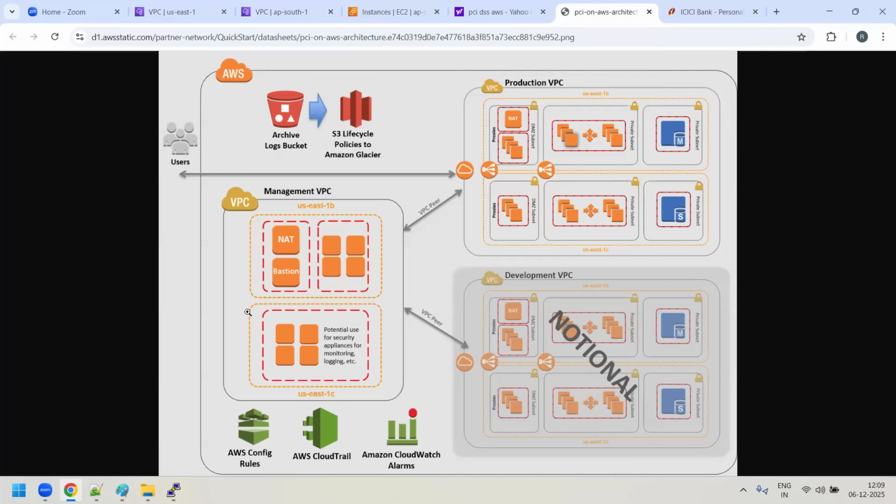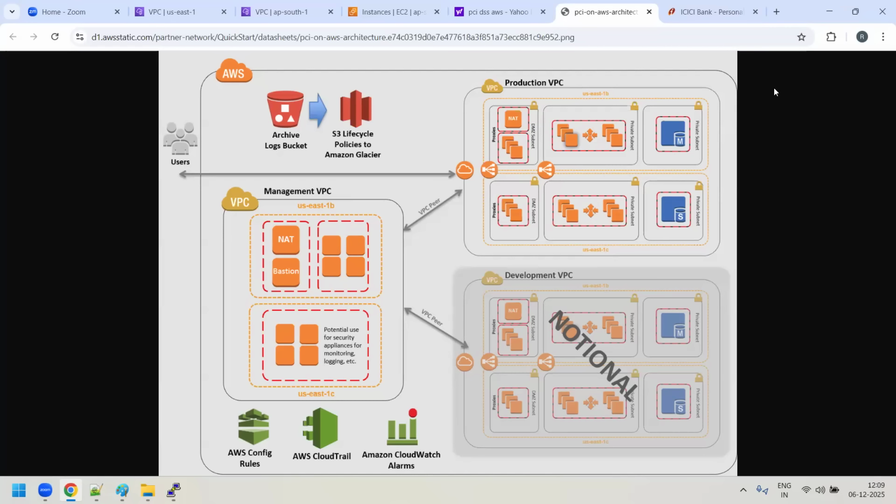Here you will have one more VPC where you have created a Bastion server. It's something like a jump server. I will discuss this later. Some external user sitting here will try to log into the Bastion server, and from the Bastion server he has to log into this DB server. But how can we log into a DB server? The Bastion server is running under some VPC, and this DB server is running under some other VPC. In that case, you have to do the VPC peering.